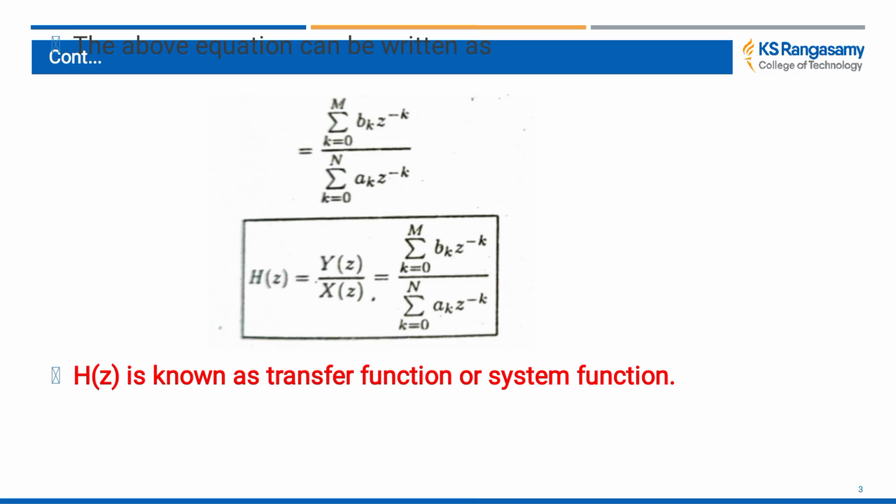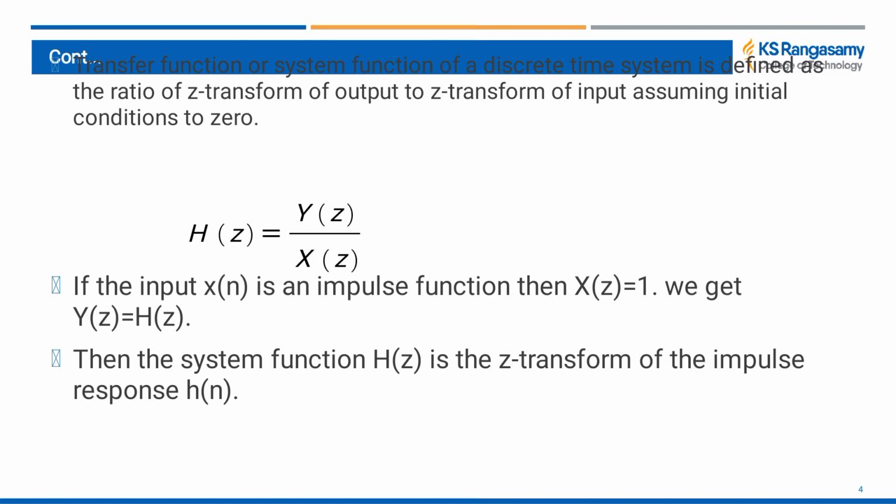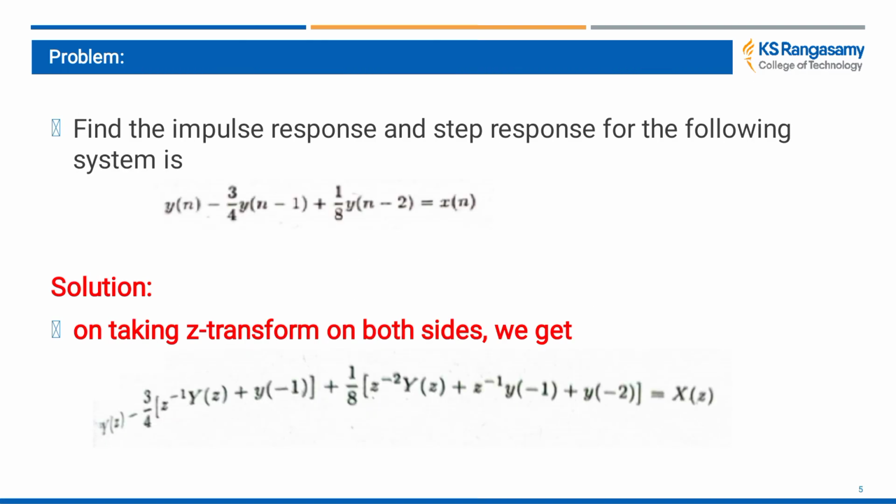difference equations. So next, the transfer function of a system is given by the ratio of the output of the system to the input of the system. We are assuming the initial conditions as 0. So let us dive into the